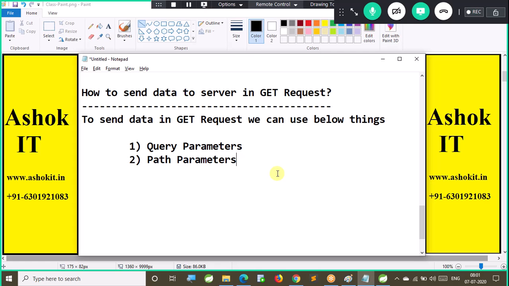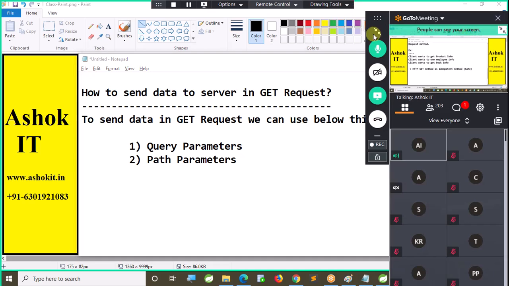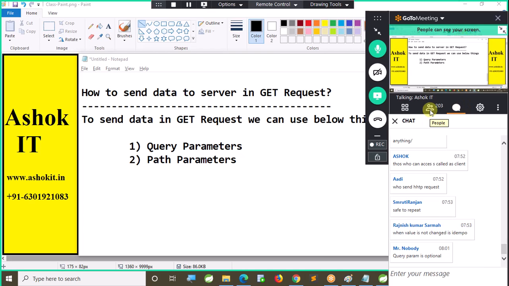They are used to send data when you are making an HTTP GET request. Even for a POST request we can use them, but generally people use these two concepts when making a GET request.